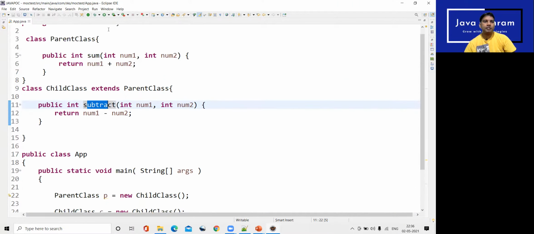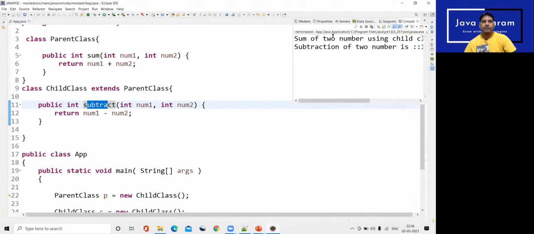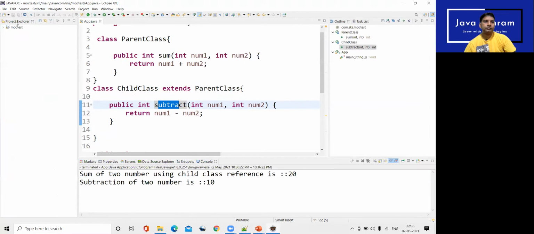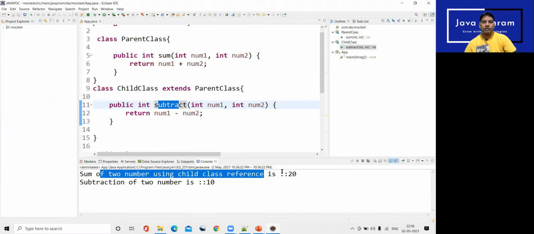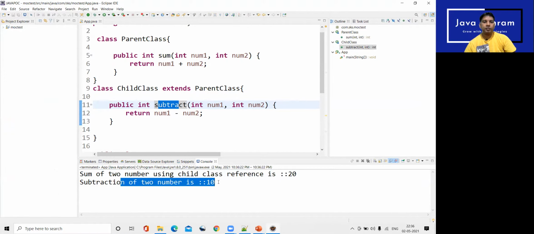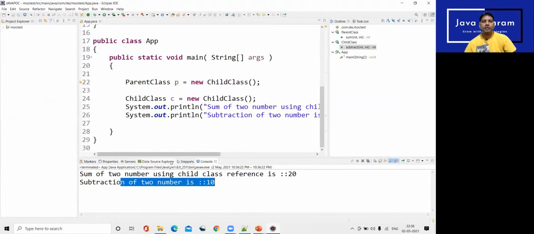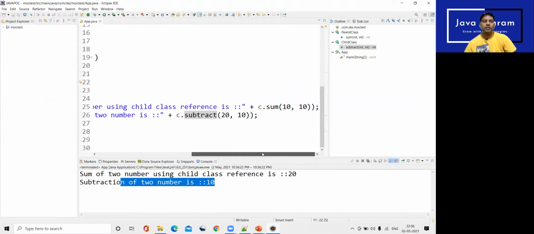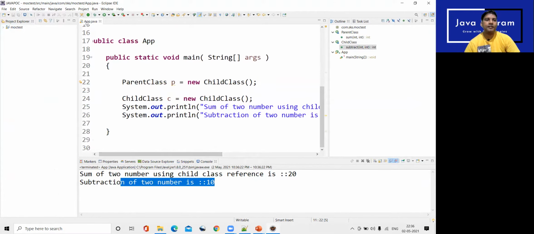And let's run this. You see, sum of two number is 20 and subtraction of two number is 10. So based upon the parameters we are passing, it's giving the result. If you pass 50, 10, it will give 40. It's up to you how you are designing the program, right?